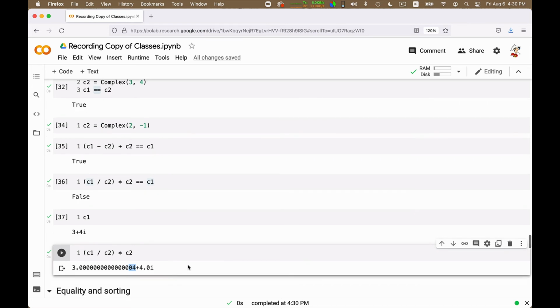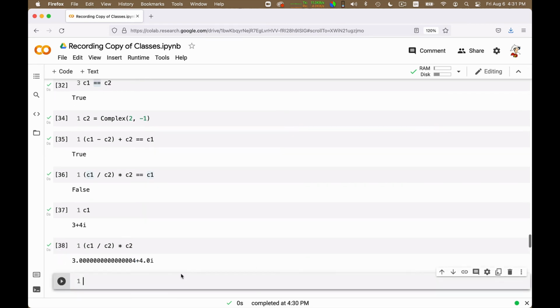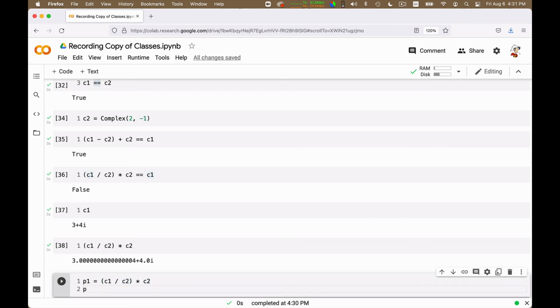So in fact, we could ask here, because we have many functions, so let's try to have a bit of fun. We can ask for C1 divided by C2 times C2, and we can say that this is our P1. We can say that our P2 is just C1.